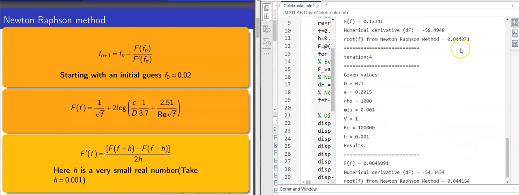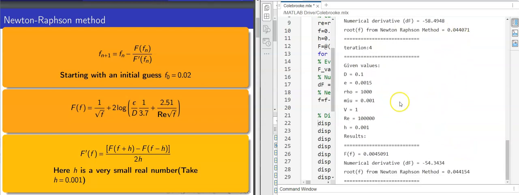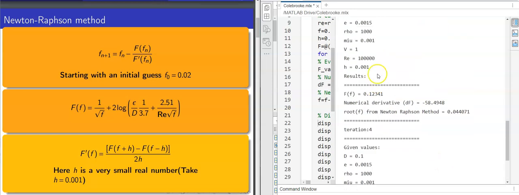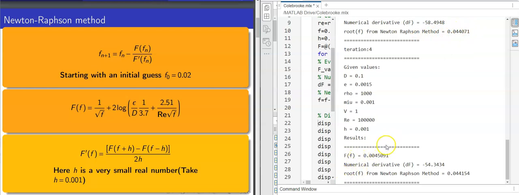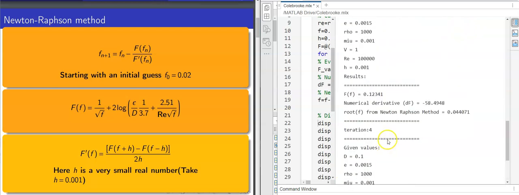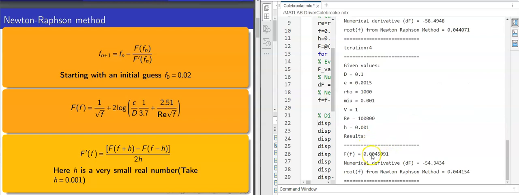In iteration 4, taking that as the guess value, the root will be 0.004154. If you see iteration 4 and iteration 3, F of f is small and less than 1e to the power minus 3, so that iteration